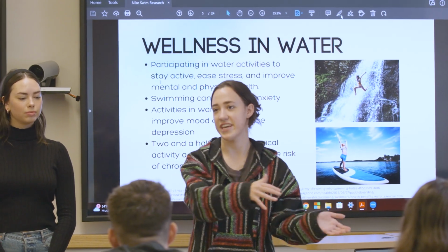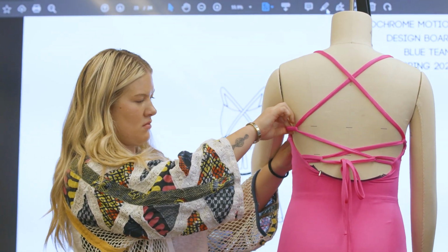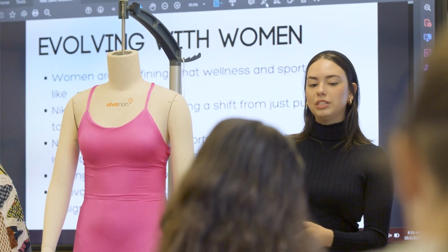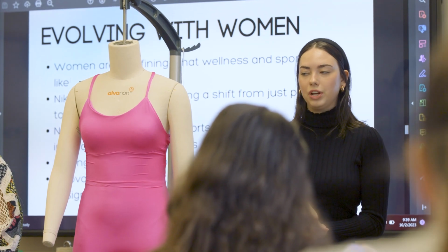So each cycle, Sumiko briefs in the students. This year, the brief was focusing on the concept of water wellness. The students had a bit of a tighter brief, but they still have to perform the SWOT analysis, looking for those strengths, weaknesses, opportunities, and threats, and then deciding on a design solution that is going to carry Nike Swim into the wellness market. They're kind of trying to shift more into holistic fitness, not just pure sport. And so we really wanted to focus on how we can align with those goals that they've created for our